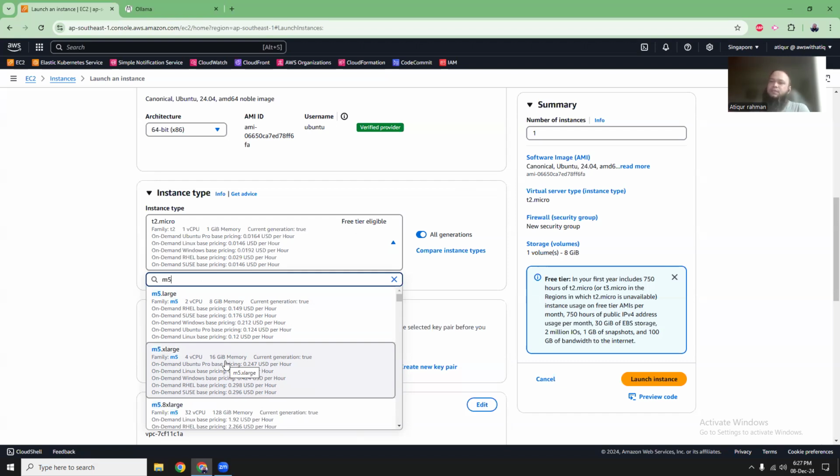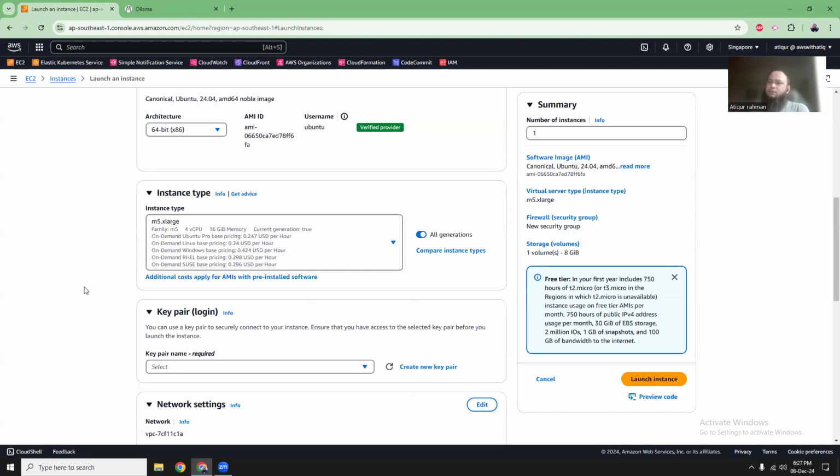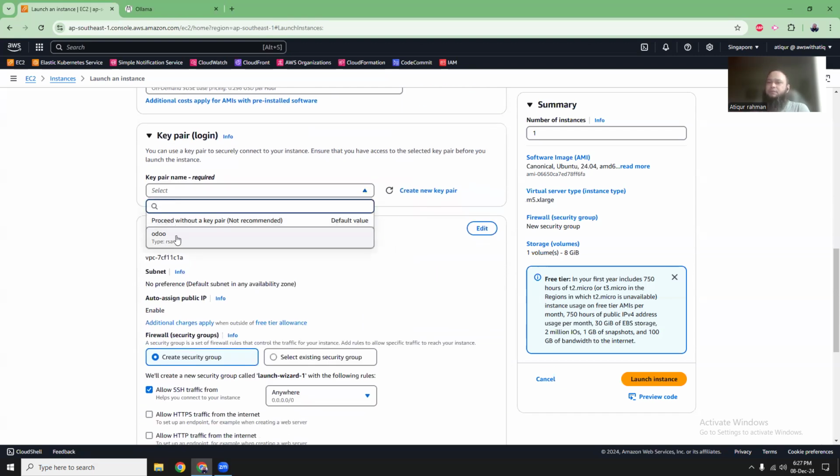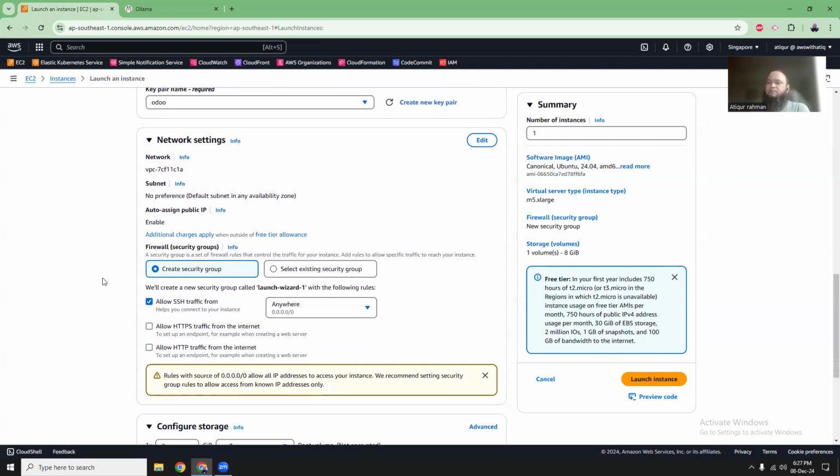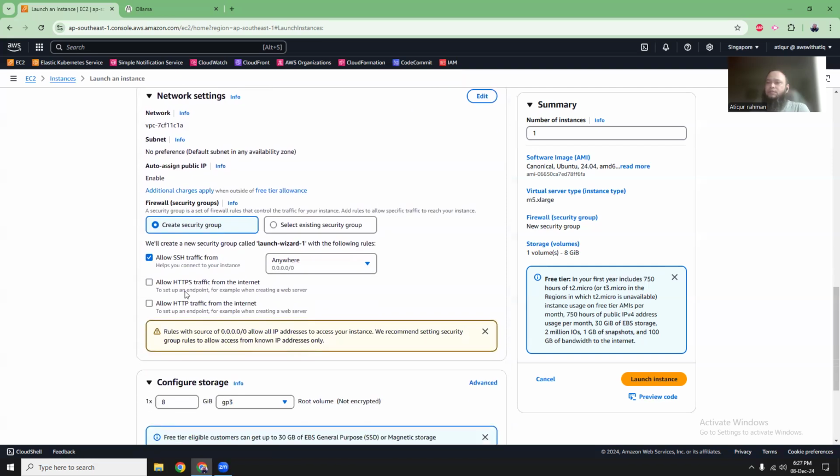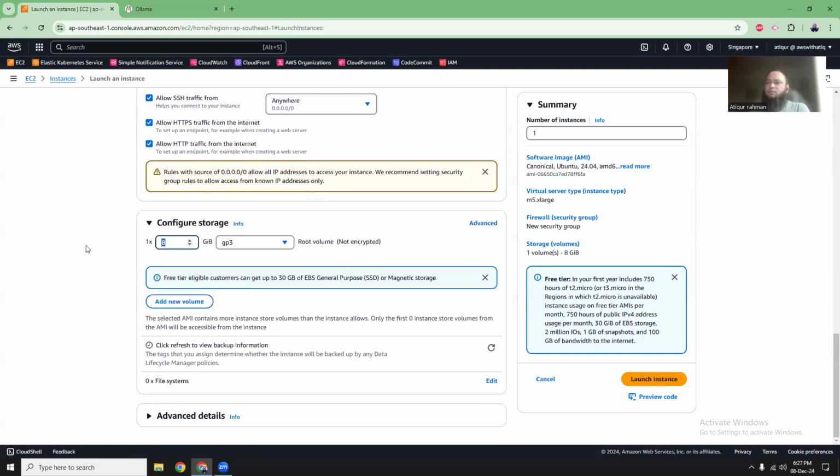G4. There are different instance models available which can help you. I'm going to choose M5 extra large, and for this example, that should be sufficient. So choose a key pair if you haven't created one, and then I'm going to create a new security group allowing HTTPS. And then for storage, I'm going to use 40 gigs because I have to download the whole model, Llama